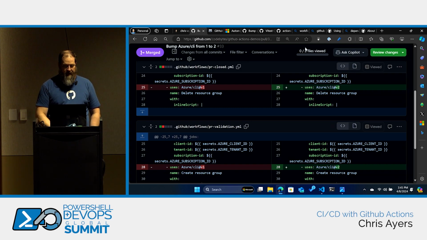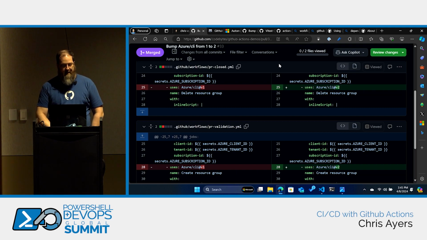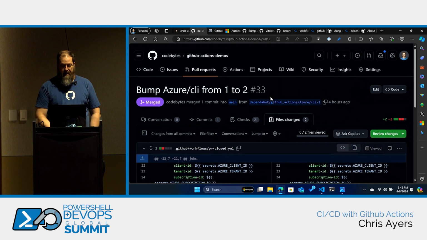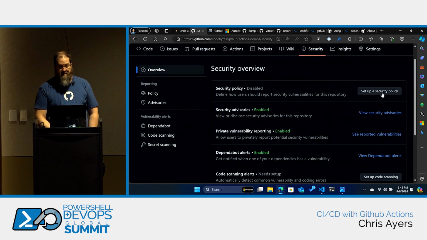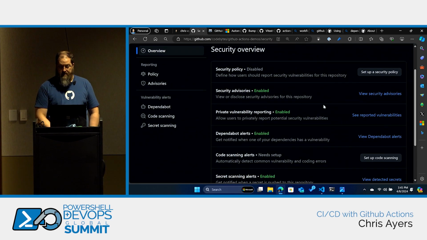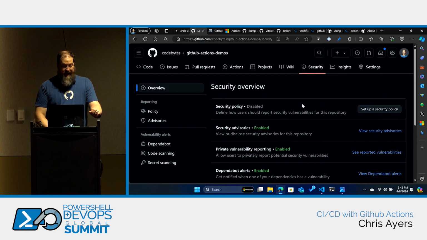Yeah. So that lesson one, yeah, enable Dependabot. Enable Dependabot, enable Dependabot. You can also come over here. You can set up a security policy and all sorts of stuff, but and code scanning, that's if you have like advanced security. What I like though